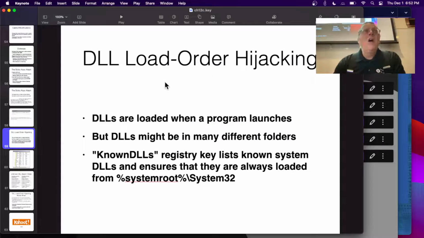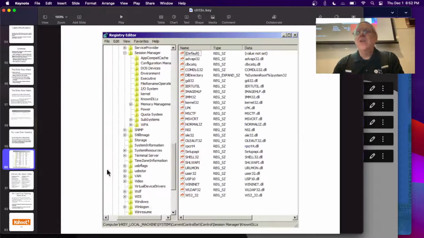Anyway, then there's DLL load order hijacking, which we did in the 126 class. When you launch your program, like you saw, Notepad has 20 or 30 DLLs it needs to load. So it tries to find those DLLs. The problem is it might load them from the wrong folder. Now, there is a KnownDLLs registry key that lists known system DLLs and shows where they should be. So if you look here, this is the KnownDLLs registry key, and it has a DllDirectory, which is system root system32, and it has a list of DLLs, and all those DLLs it will only load from that directory. So if everything was in here, you couldn't do DLL load order hijacking, but in practice,